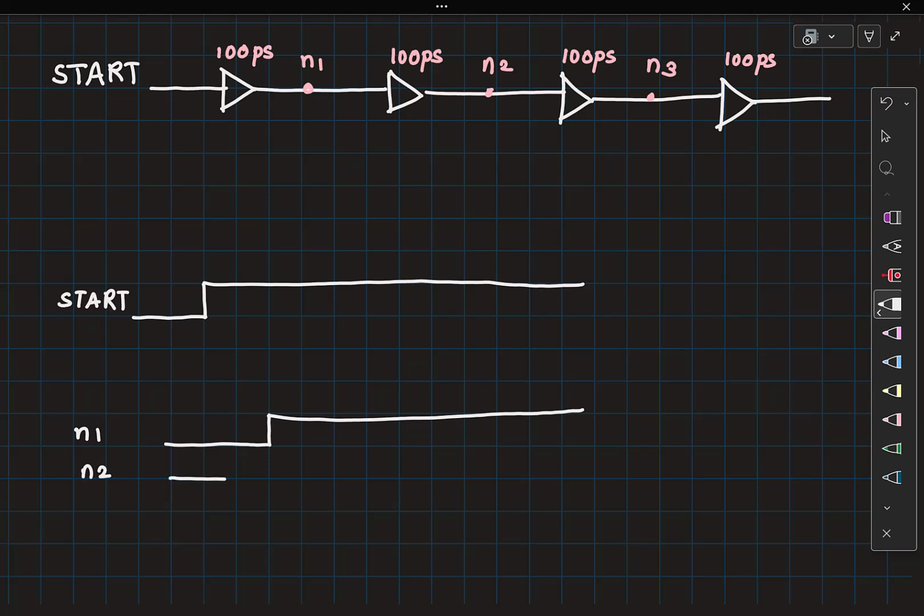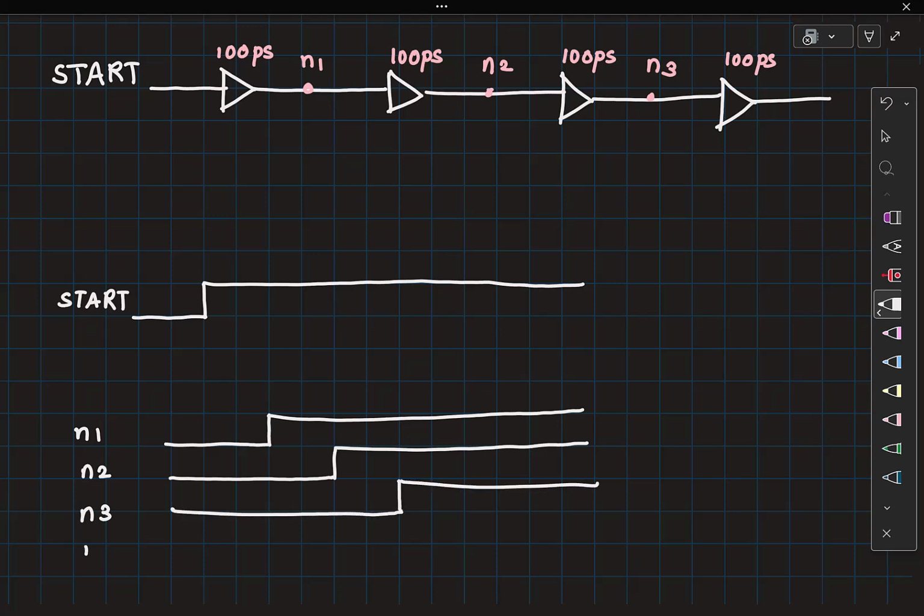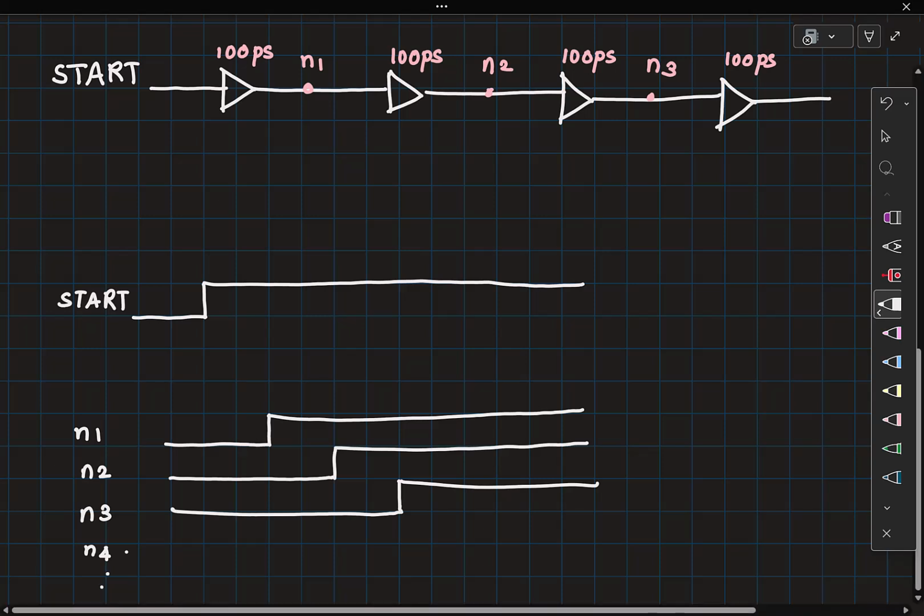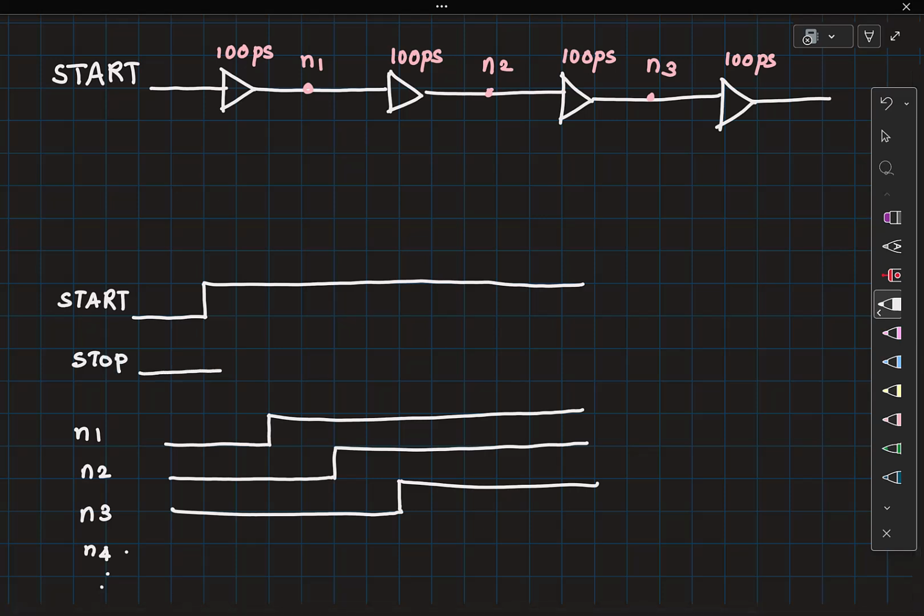N2 will go high after another 100 picosecond. N3 is going to go high after one more 100 picosecond, and N4, etc., etc. Right? Now let me put my stop edge somewhere here. So let's say my stop edge occurred here.